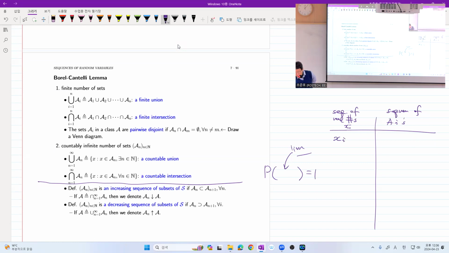X sub i plus 1 is less than or equal to X sub i for all i. What does that mean? The next term is smaller than the previous one. And this is called a decreasing sequence. And the exact opposite is what? The next term is greater than or equal to the current term. That is an increasing sequence. And there is an important theorem by Weierstrass saying that given real sequences, monotonically increasing or